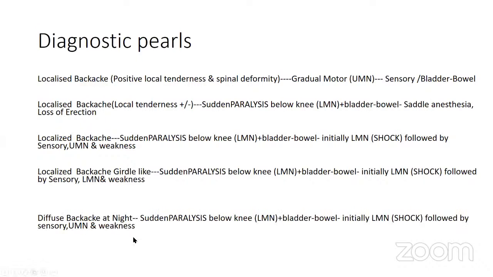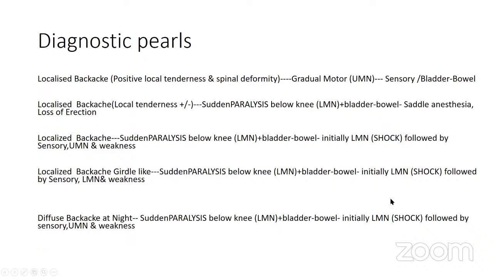And there is a diffuse backache, maybe at night. See, mechanical backache, if it is a disc prolapse, that can lead to mechanical pain. If it is infective, that can cause severe pain throughout the period and can increase in the daytime. But if the daytime pain is not very much, and pain occurs mainly at night, and that leads to sudden paralysis below the knee,